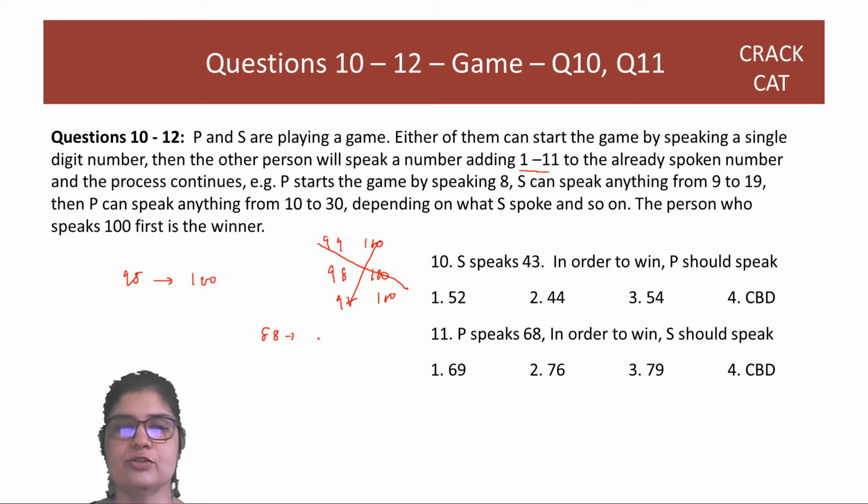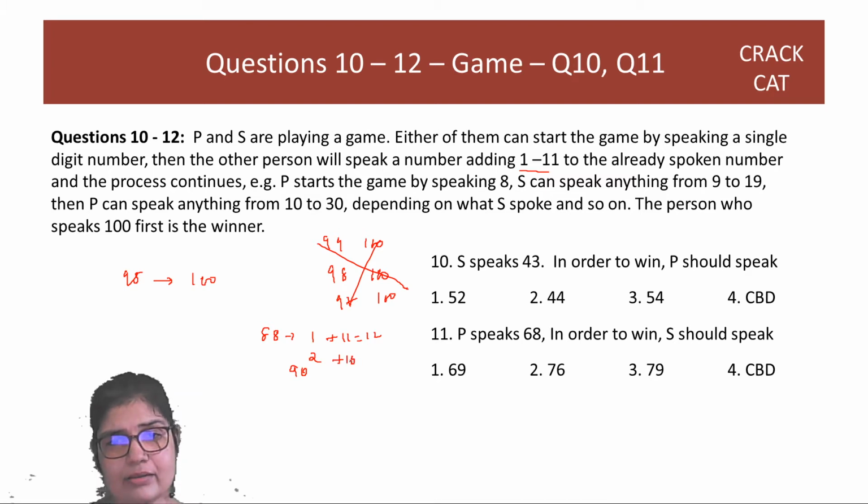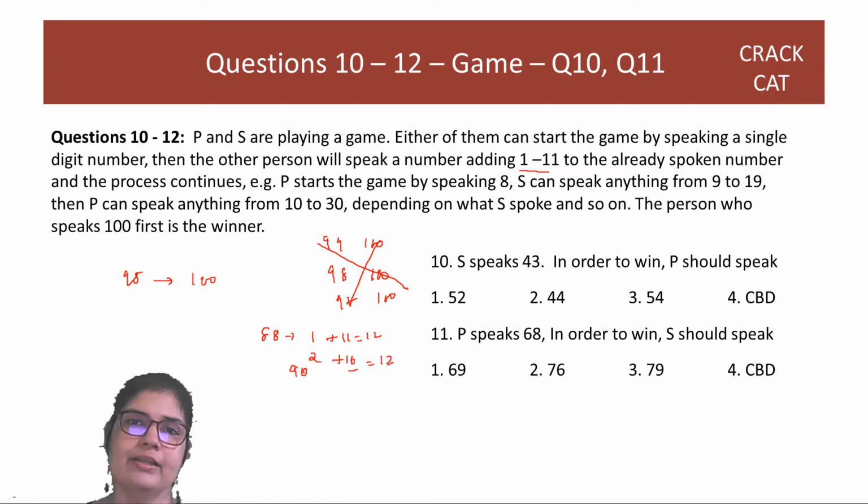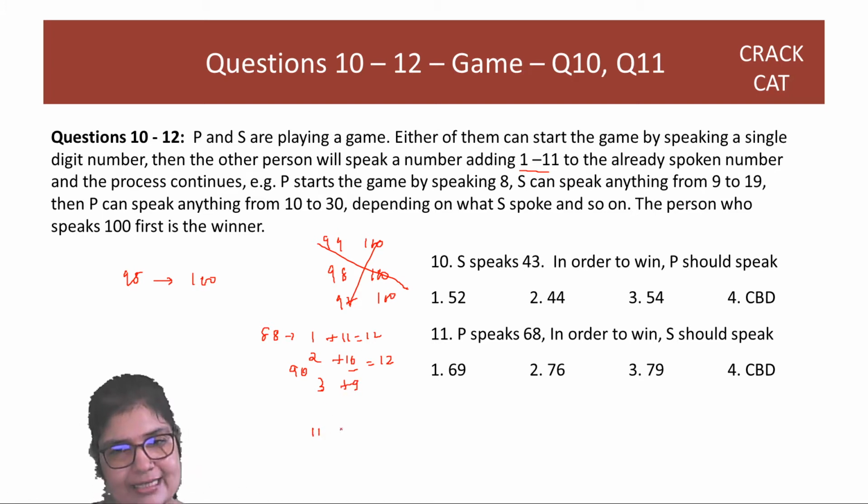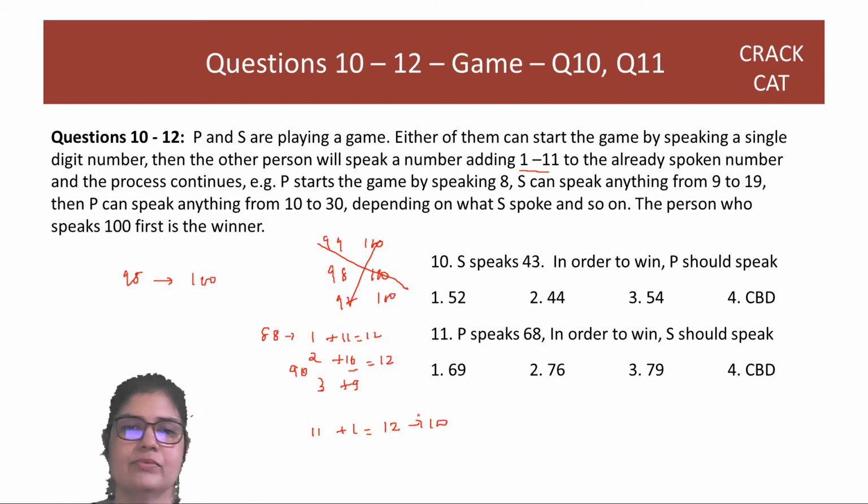that I say 100. So if he or she adds 1, I can add 11 to get 12 and reach 100. If he adds 2 to 88 and says 90, I can add 10 to make it 100, so that I'm adding 12 net. If he adds 3, I will add 9. So whatever the number is, even if he adds 11, I can add 1 and I will reach 12, say 100. So this number 12, which is 1 plus 11, I can easily manage always.